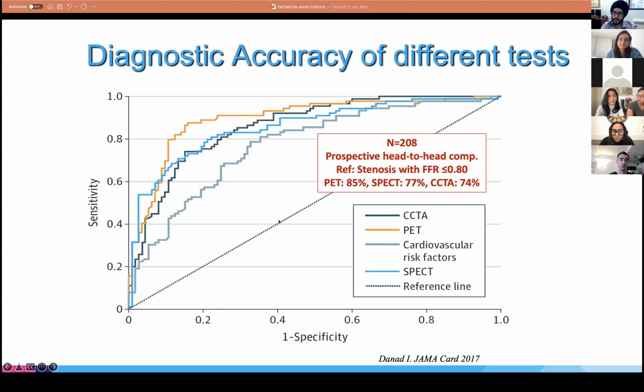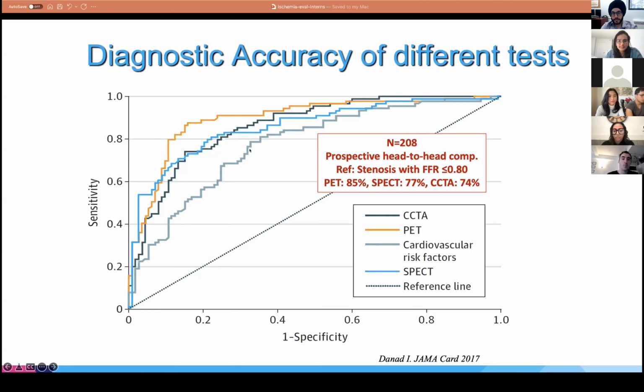And then, as a gold standard, they underwent an invasive angiogram with fractional flow reserve, FFR, measurement, which tells us whether or not a lesion that you're seeing on your cath is physiologically significant. Is that causing ischemia or not? So with that as a reference gold standard,